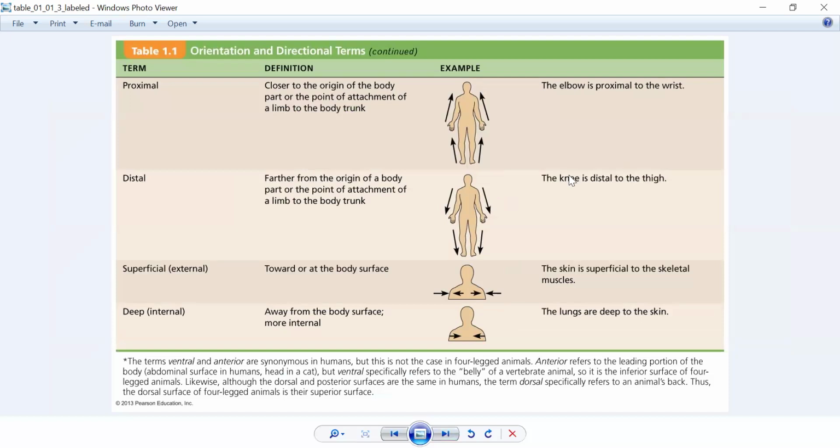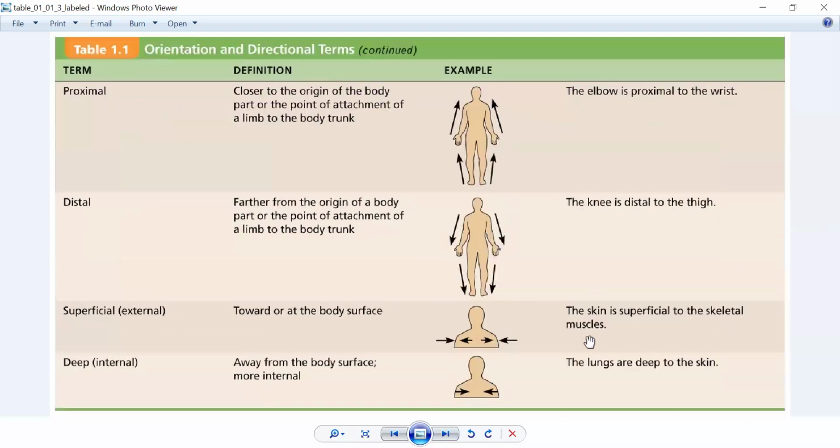Proximal, distal. You need a reference point. Always use the shoulder as your reference point. So anything near the shoulder region when compared to another point on the body is proximal. If it's further away from the shoulder, it's distal. So let's take an example. Your elbow and your wrist. Which one would be closest to the shoulder? Comparing these two would be the elbow. So the elbow is proximal. The wrist would be distal,